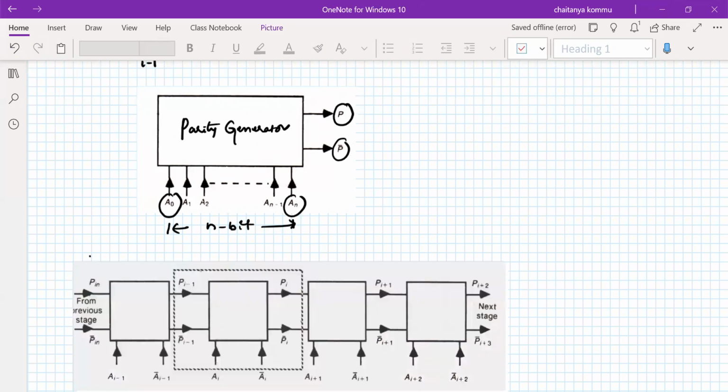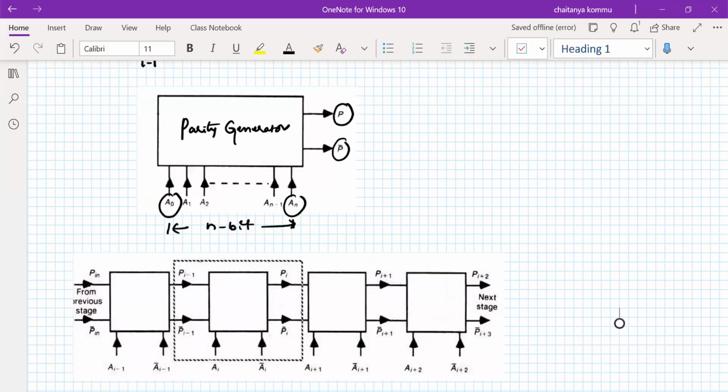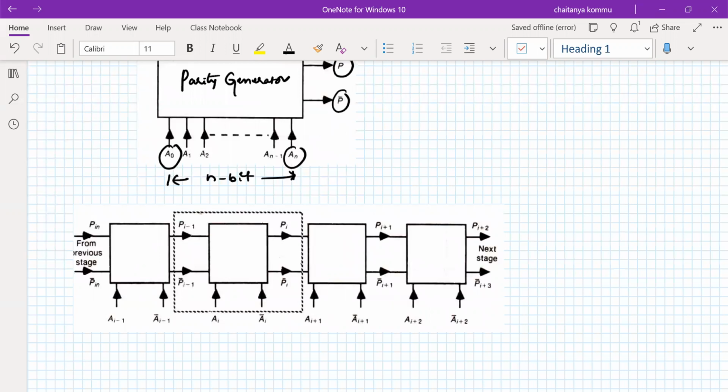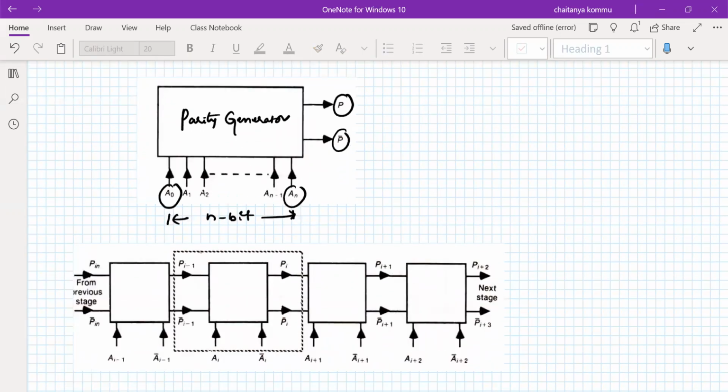I hope you understand the problem. If you are able to generate the Pi bar, it's okay. If you don't want to generate, it's not a problem. But usual practice is that it is necessary. Sometimes it is possible to generate the Pi bar also. So with respect to the Ai,